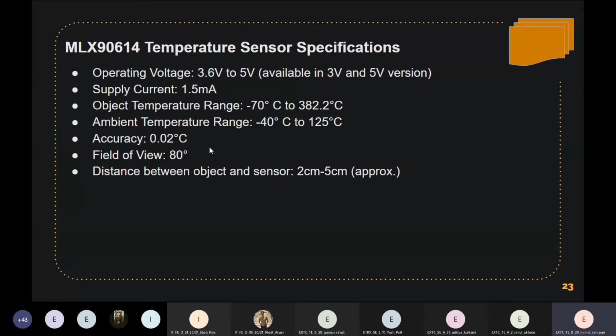It has an accuracy of 0.02 degrees Celsius, and the field of view is around 80 degrees. The distance between an object and the sensor must be approximately 2 to 5 centimeters, so you have to keep it that close to get an accurate temperature.